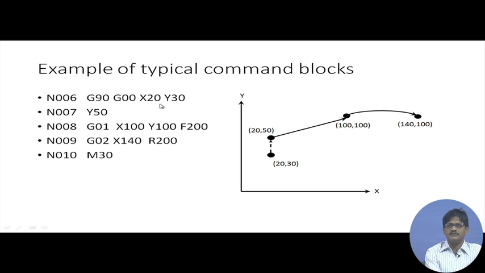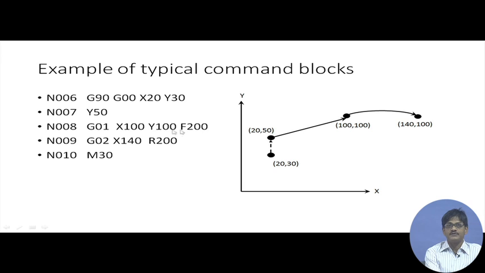It does not change, and therefore, it is not mentioned, and therefore, it simply moves up only in y, so that it attains a position y equal to 50 and stops there. So, the coordinate location of this point will be 20, 50. After this, we have a movement here which involves movement both along x and along y.